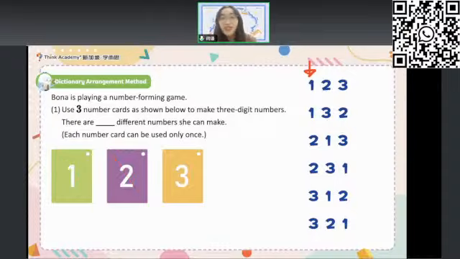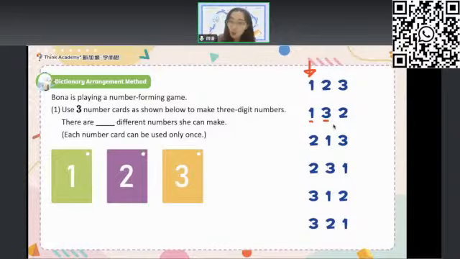Then some students just say, okay, after 123, let's jump to 321. Super easy, right? And then let's jump to 231. No. In this way, you will see that if you don't follow the order, you will repeat or miss some numbers. So after 123, I still keep digit 1 in the first place. And then let's move on to the next number. After 2, it should be 3. So here I put the digit 3 in the middle. So the next number is